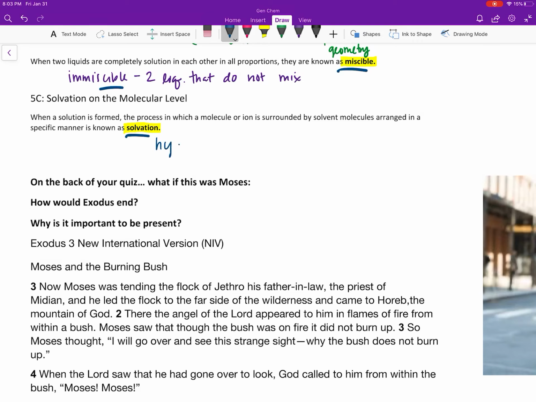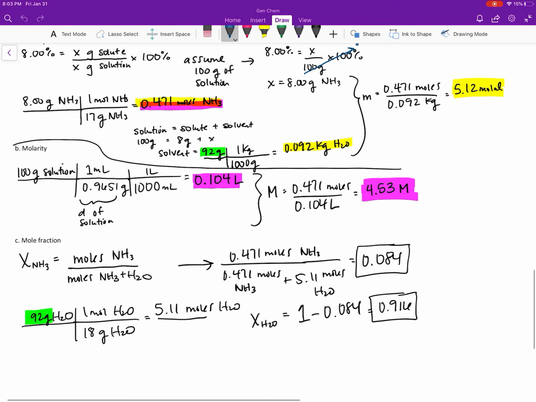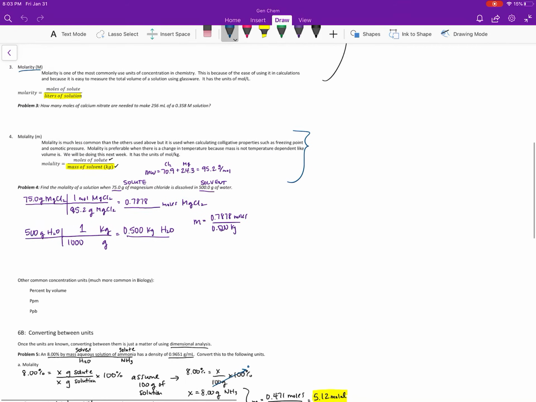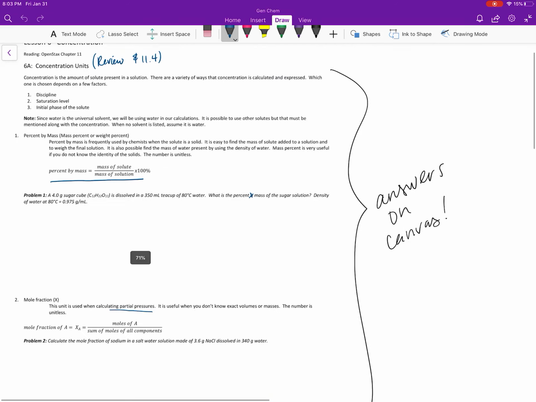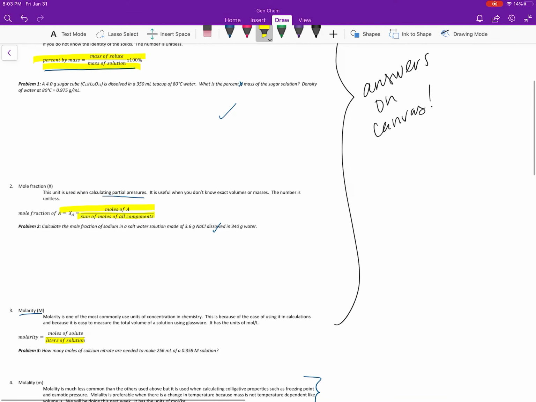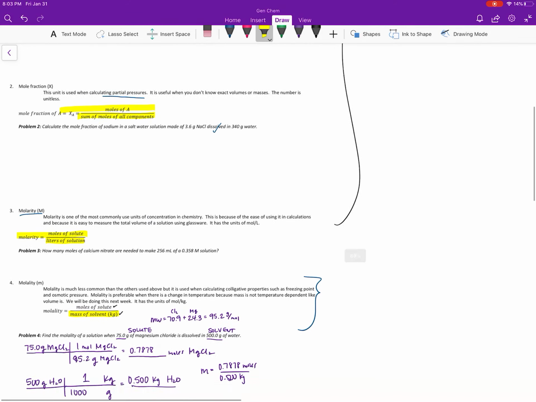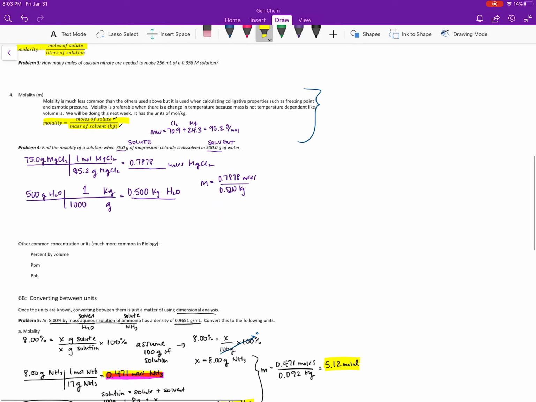Earlier we saw this called hydration. Okay. So we moved to lesson 6. You had your quiz. Your second one had material from lesson 6 on it. I posted these answers on Canvas, but you need to know percent by mass. It's an important formula. Mole fraction, molarity, molality. If you don't know these formulas, these problems are going to be impossible to do, so make sure you know